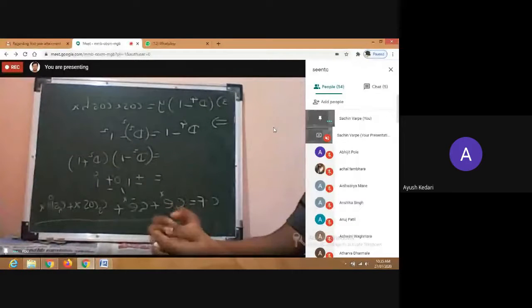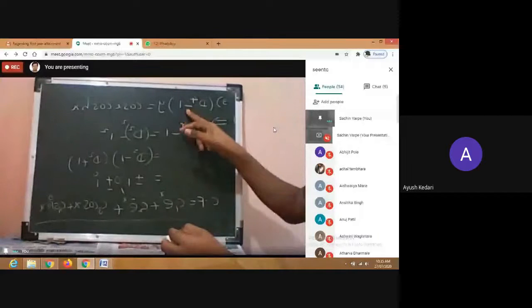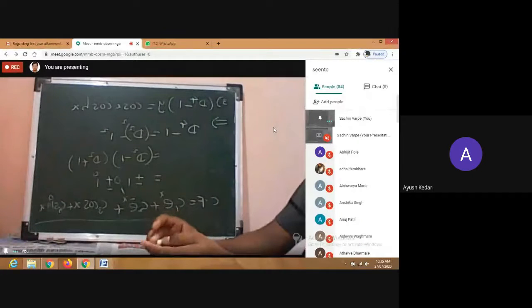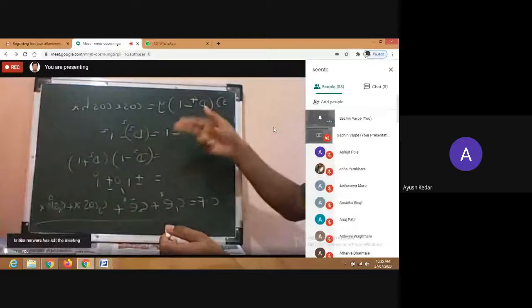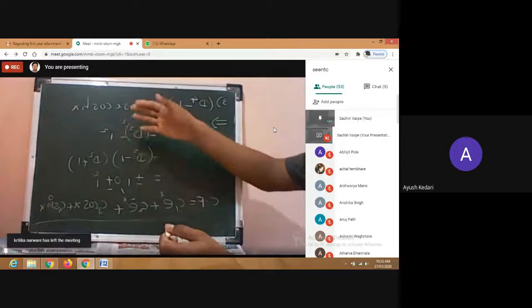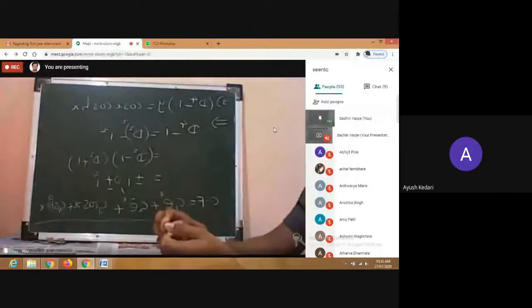But always remember, if the power is even and if it is minus 1, then try to use the formula a square minus b square. Always, if the power is even. You cannot use it if the power is odd. But if it is even, even means multiples of 2. So I can write it like d square square, or if it is even, d raised to 6 also, then also I can use that formula, d raised to 6 minus 1. I can write d cube square minus 1 square, and I can proceed with that.